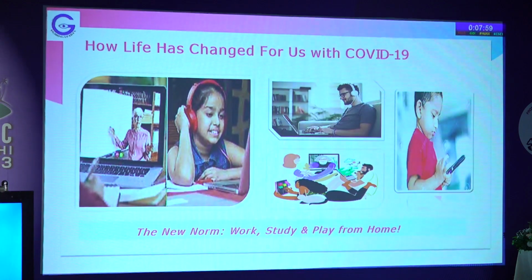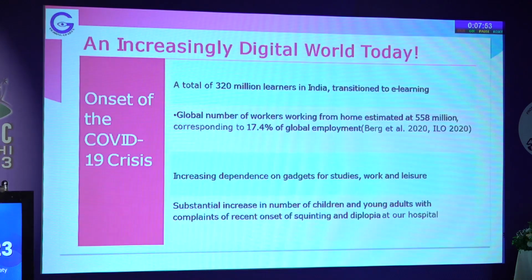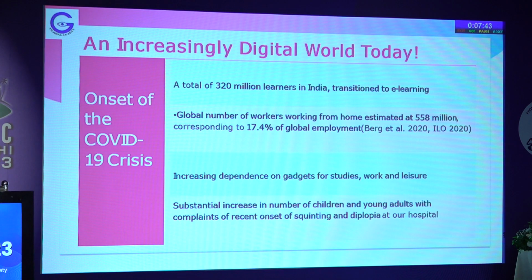With the COVID pandemic, we had the new norm of work, study, and play from home, and everything changed for us. With the onset of the COVID-19 crisis, we became increasingly digital. A total of 320 million learners in India transitioned into e-learning. And we had a massive rise in people working from home with increasing dependence on gadgets for studies, work, and